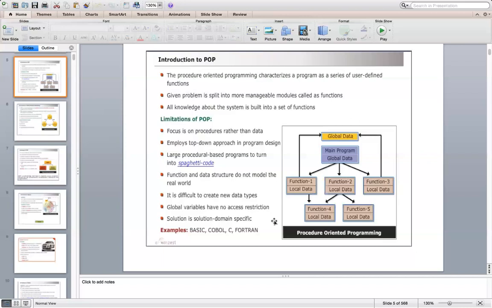So there was no proper security for global data. There is no access restriction to the global data. So data security was major concern. And since this data was used by a number of functions, a change in data will actually cause change in a number of functions. Because of this, maintenance was a bigger issue. The code actually becomes like a spaghetti code. You don't know which function is doing what, and which change in variable is changing the behavior of the functions.